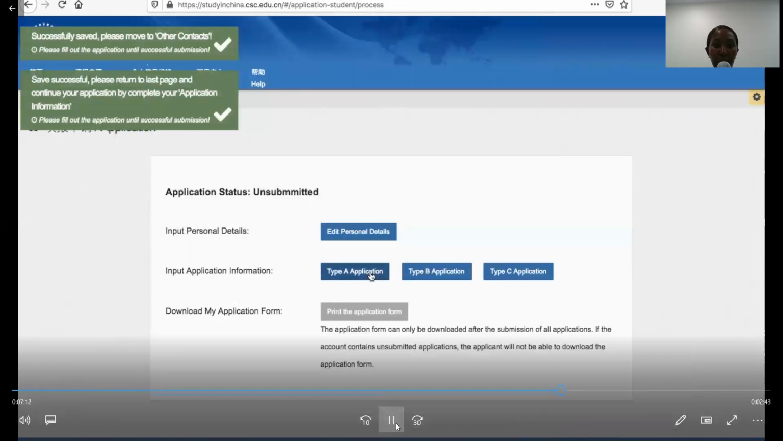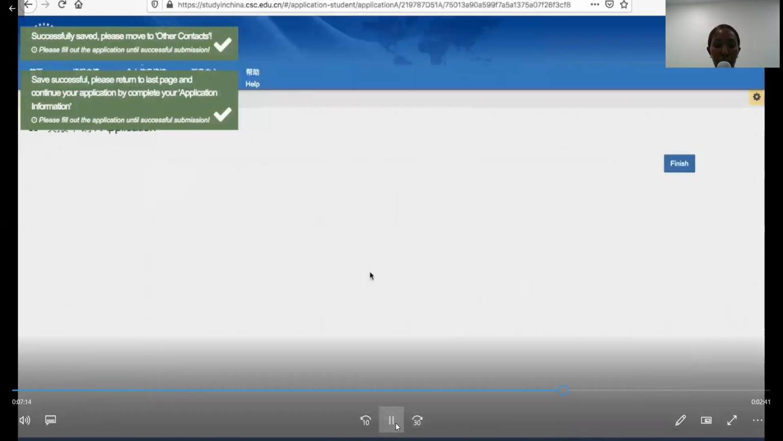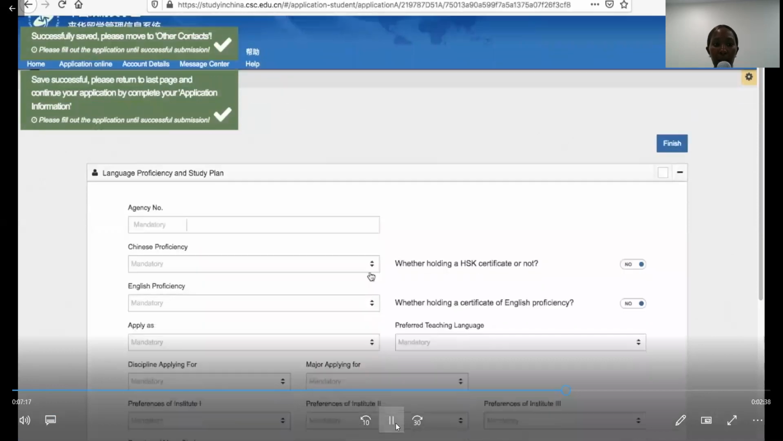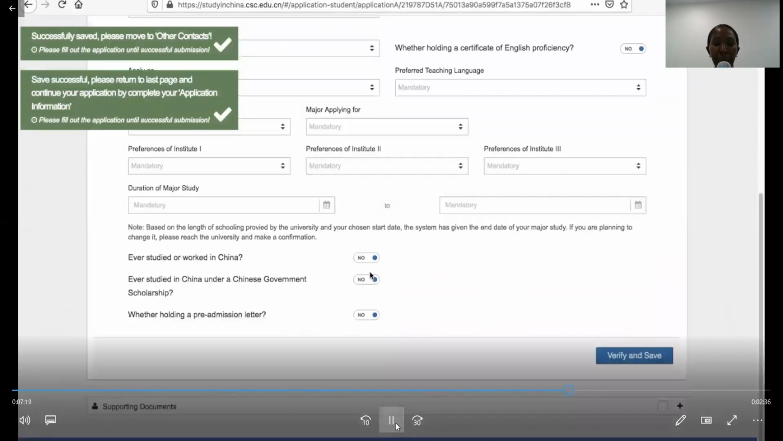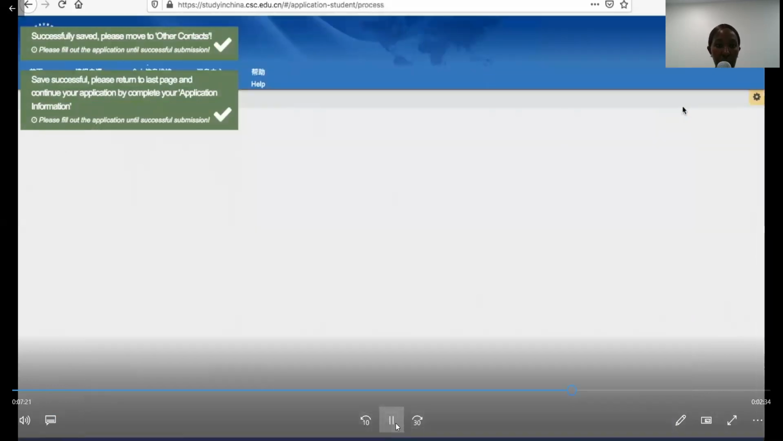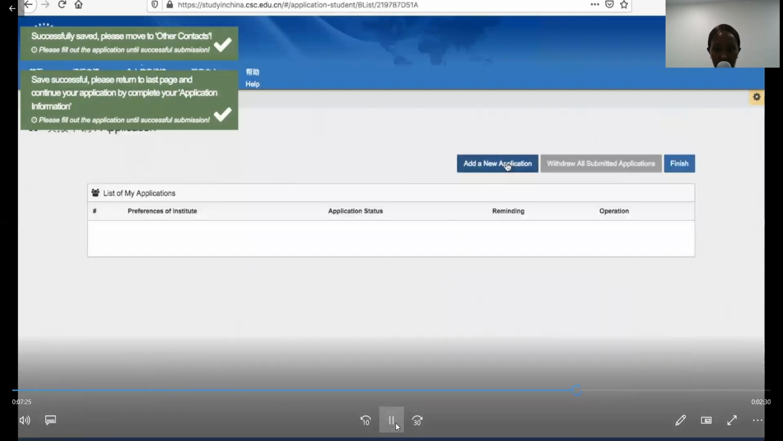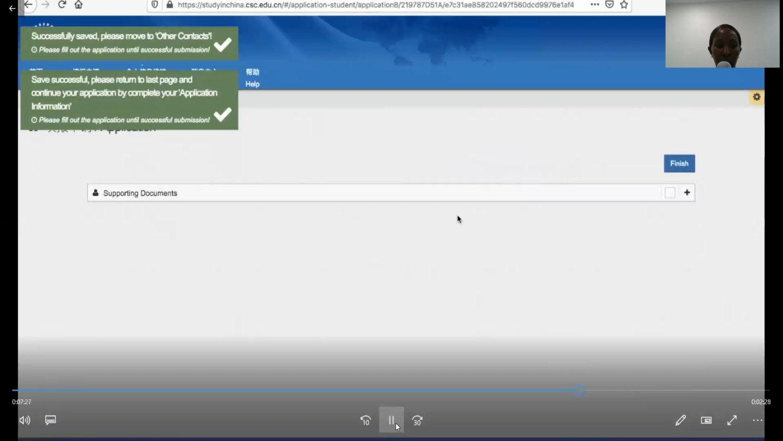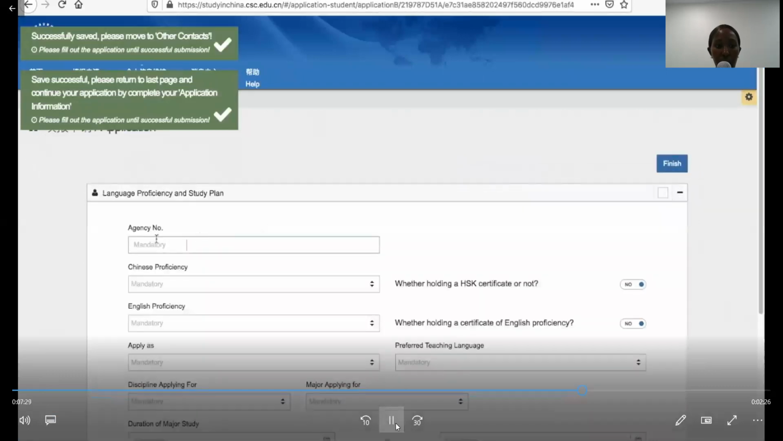Now, remember the type of application you're doing is type B. And once you click on type B, it will take you to this section. In this section, remember type B, type B. Now, in this section, you will need to fill in this